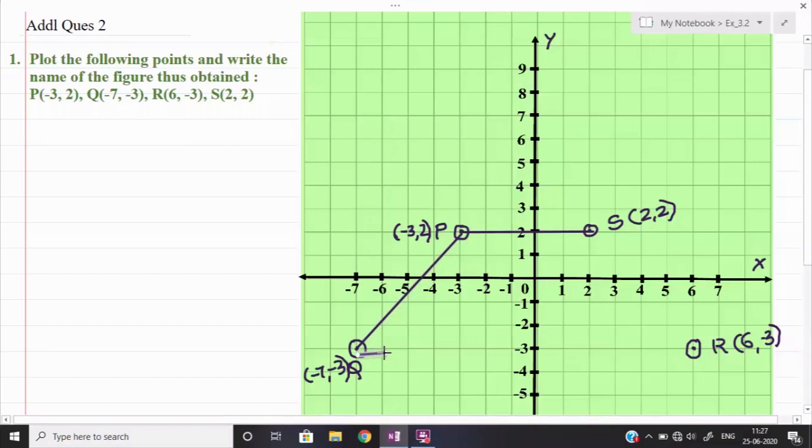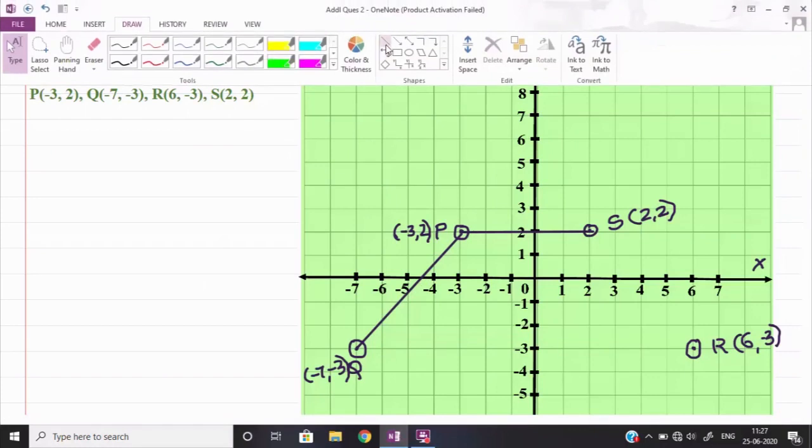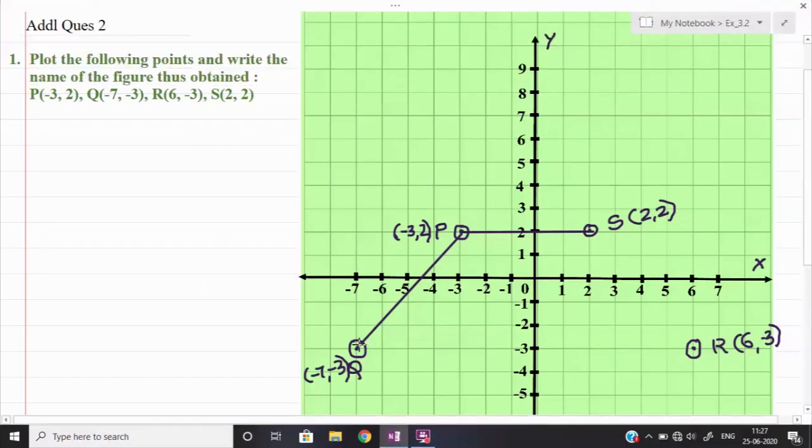Sorry, once again we can draw it. This one we can delete. Yes, once again we can draw a line between points Q and R. So we can draw a line between Q and R in this manner, okay. And now we shall draw finally a line between S and R. So this is the line I have drawn between S and R.